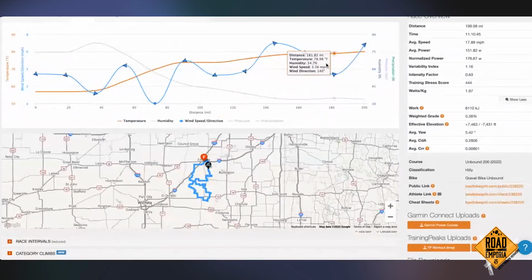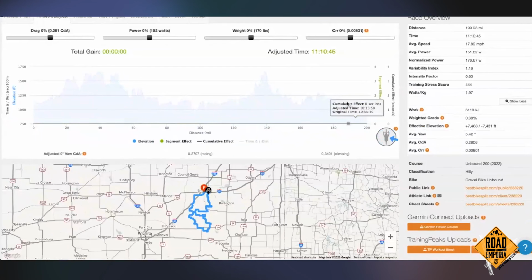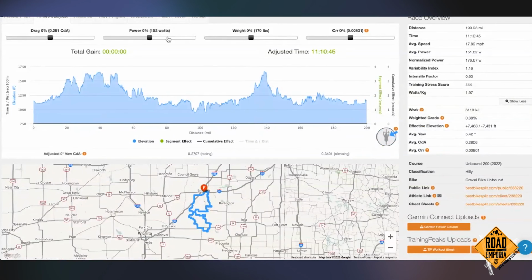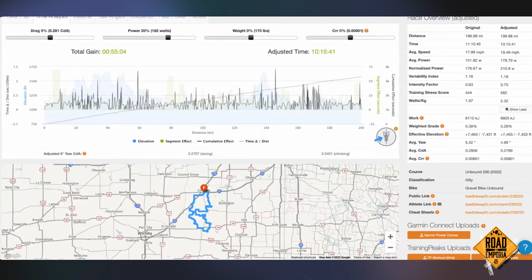If you had a pretty strong crosswind to a tailwind, for instance, then that could be a place that you'd want to really push and try and do a break, because of the amount of power. And again, if you go back to this time analysis, if you do have a big tailwind, in this case I don't, because the wind's not very strong in this model, but if you did have a big tailwind and you wanted to see how much power it would take to reel somebody in, you can use this chart and say, okay, where are there